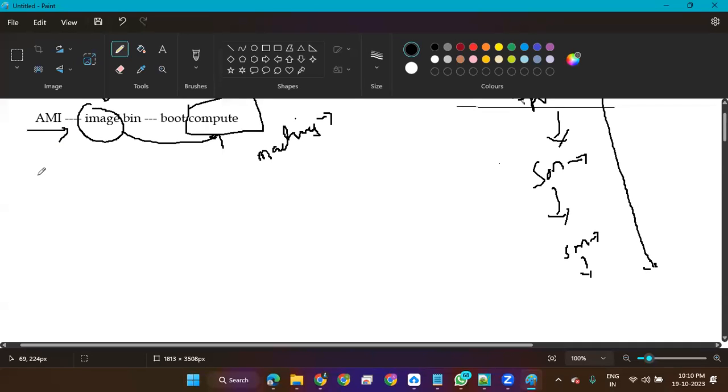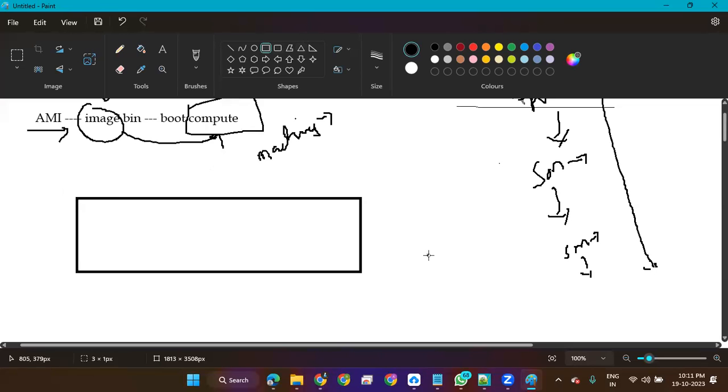In our laptop also, a fresh laptop, we insert a USB card and boot an operating system image, a Windows operating system image. Then it will execute and run and operate the machine. The same way in the AWS cloud, while we are creating a server, what are we selecting?